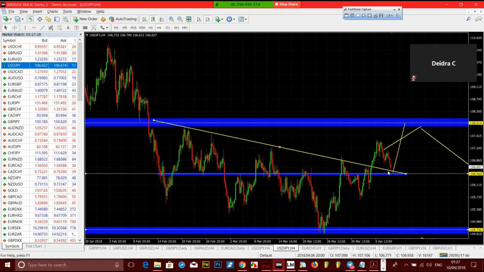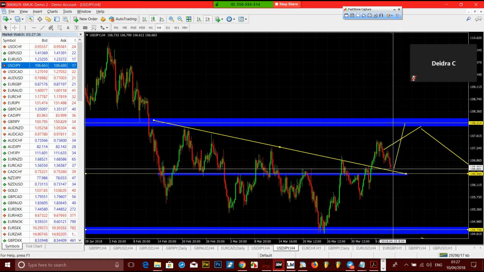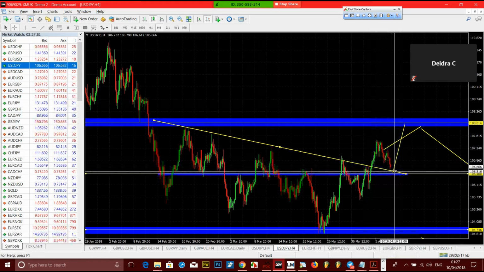So let it go. Anyone that wants to trade this can jump in at this point, and then you just suffer a little pullback if it comes back down. Does it fake out? That's maybe about 20 pips. It might fake out a little bit, or you can just decide to make your stop loss down here. But that's massive. That's 98. Let me see how much you'll be making if you do that.